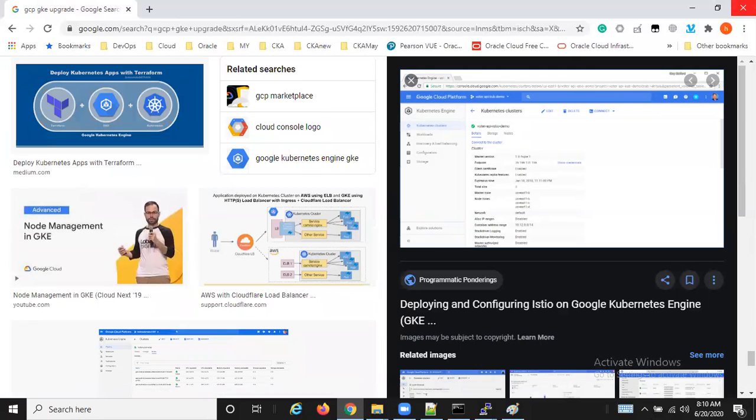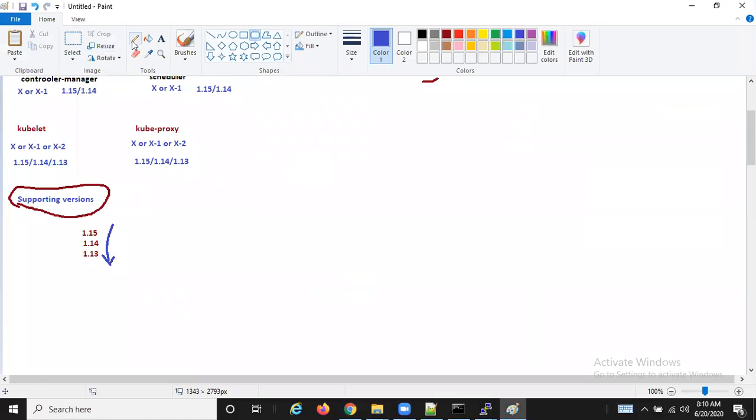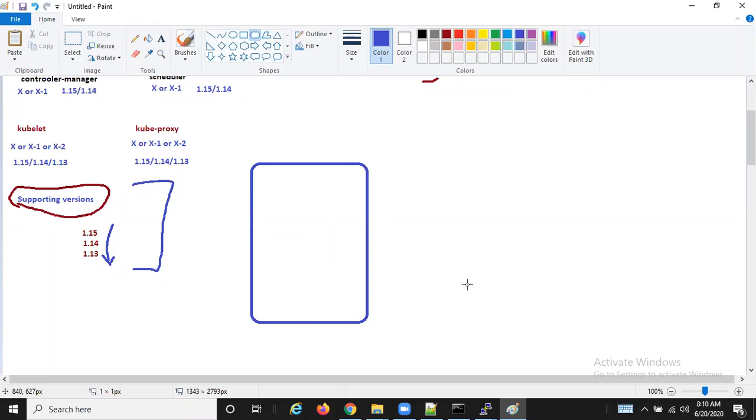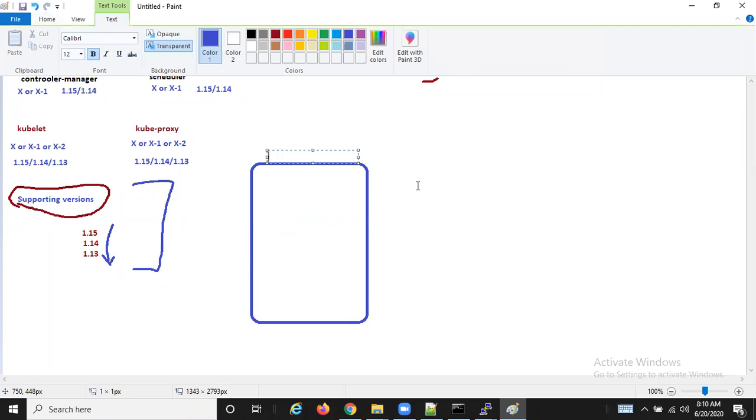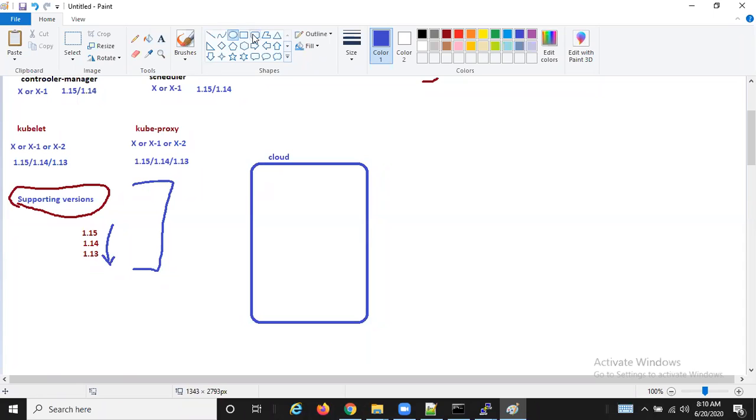Okay, that's fine. So what I'm trying to say here is that this is the one that you have installed using kubeadm, but you may use the managed service also. When you go for the managed service, the master itself is not in your control, so you don't need to bother about the versions and all. Only the node components you need to keep changing the versions. Assume this is your cloud managed Kubernetes. So when you open the GKE service,